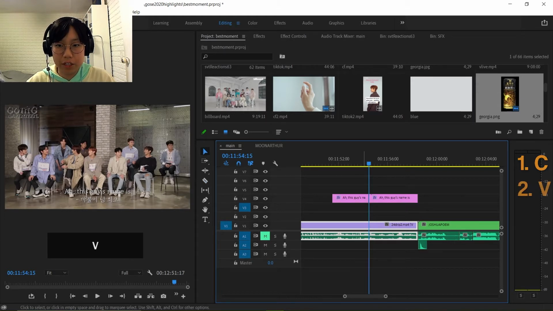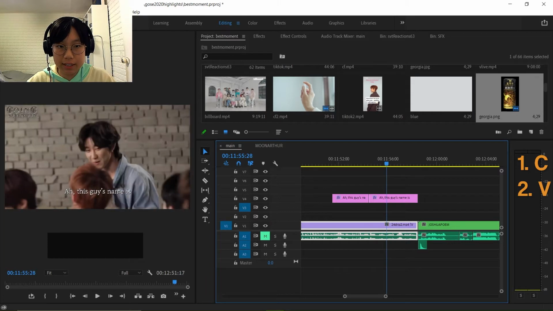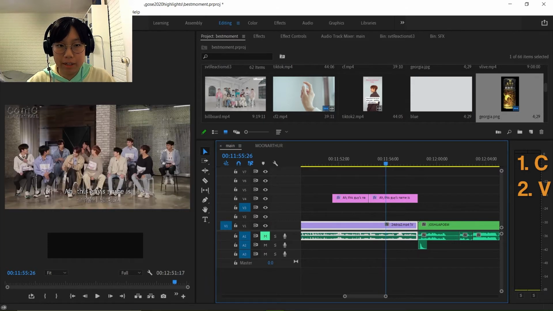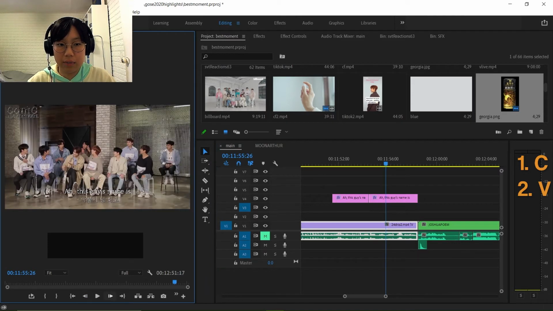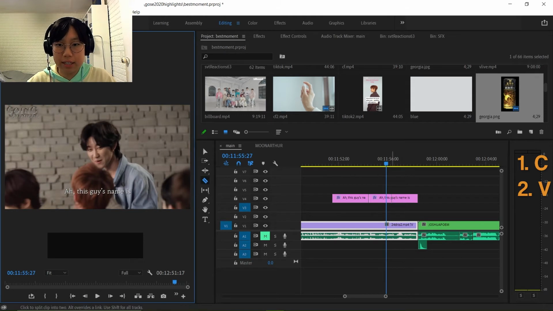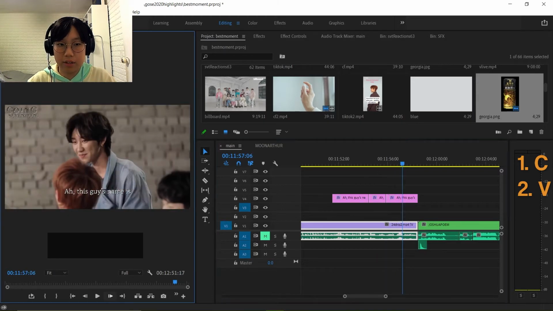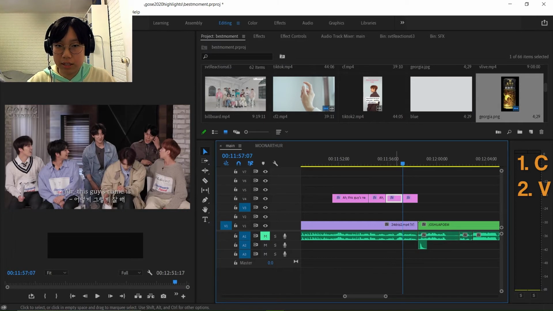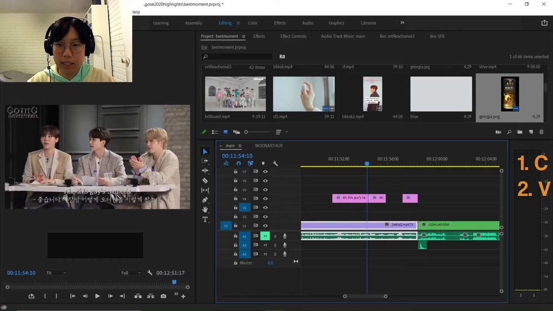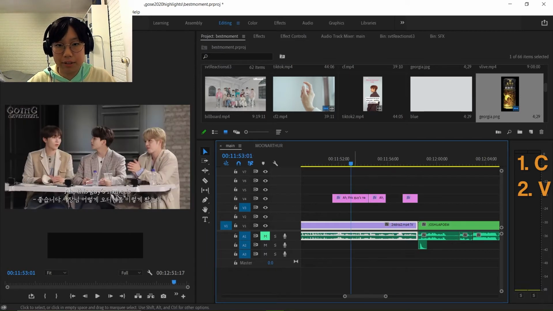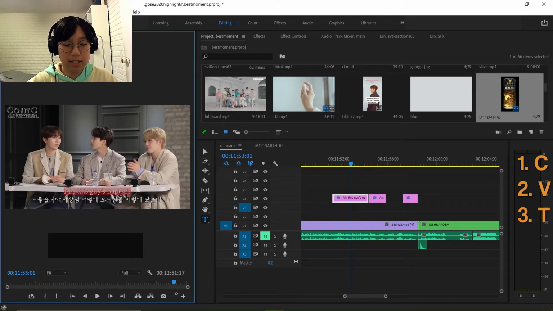And then I'll hit V to go back to my pointer tool, and I'll find the next cut about here. I'll make sure I'm on the right frame, hit C again, hit the playhead, and go back to V, and keep cutting like this until I've cut everything up. And you can select and delete ones you don't need like that, and so that's how I've cut up my subtitles. To edit the subtitles, I'm going to hit T on my keyboard, and that gives me the text tool, and I can go into the text and start typing what I want.